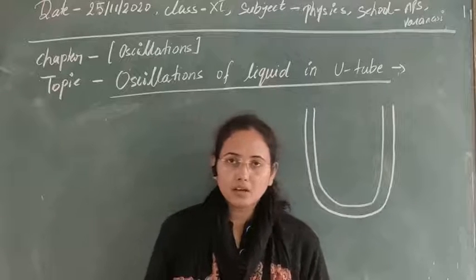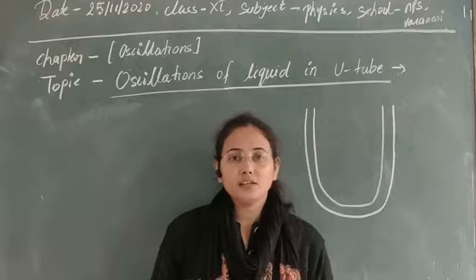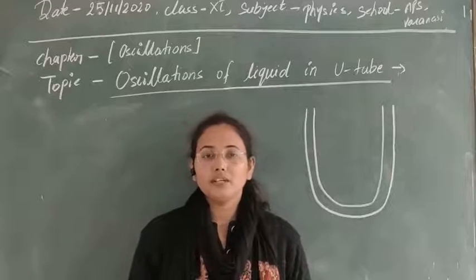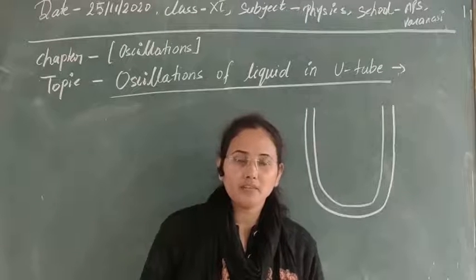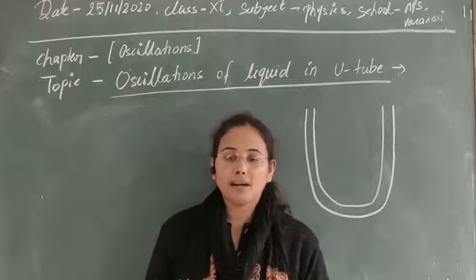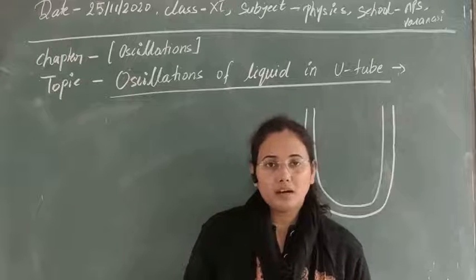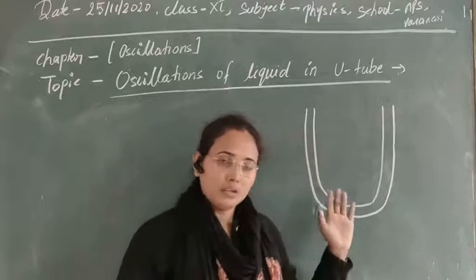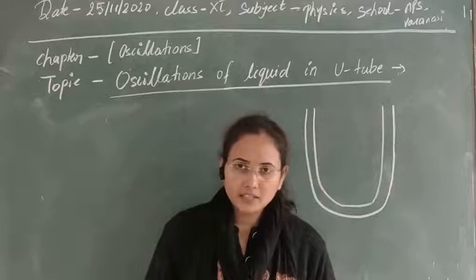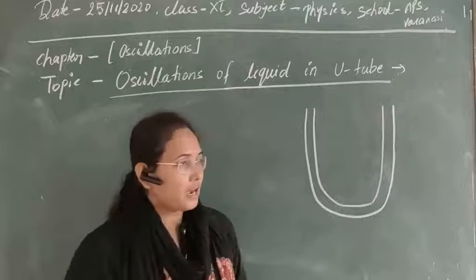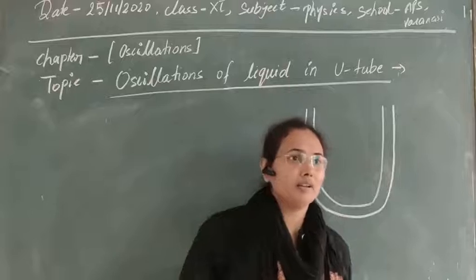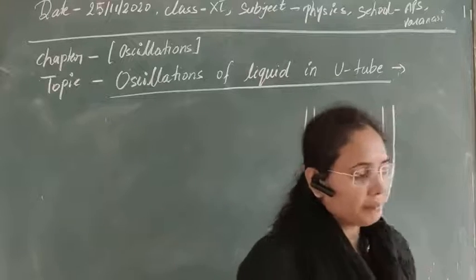So we have seen all the cases of oscillations: a single spring in the horizontal way, a single spring in the vertical way, and the series combination or parallel combination of springs. Whatever combination is possible, we have already explained that. So today let's start a new example, and we have also already seen the example of the simple pendulum.